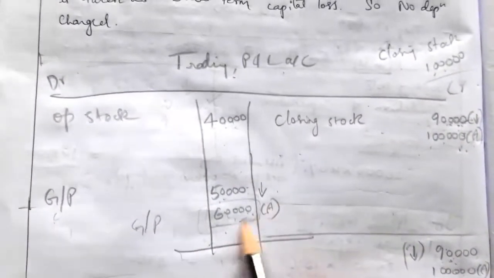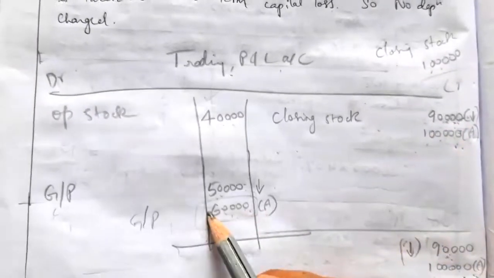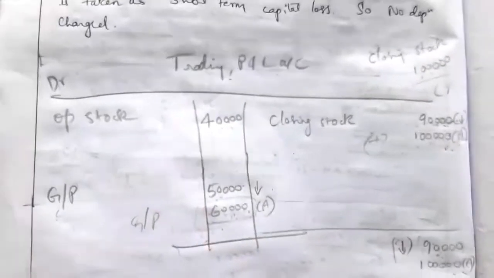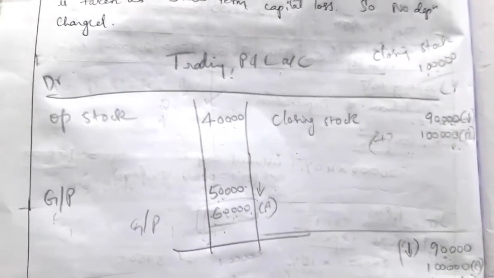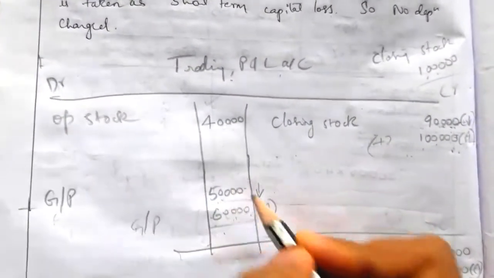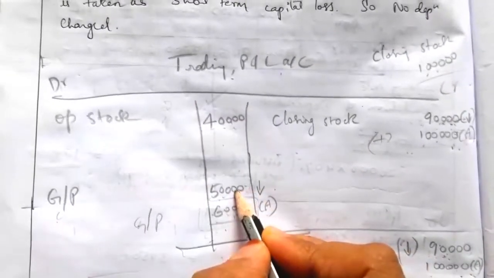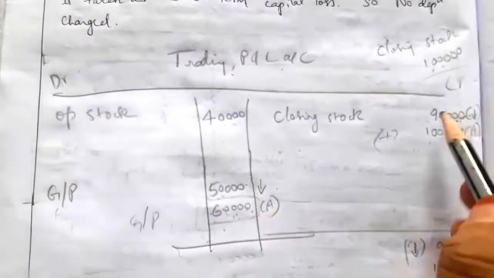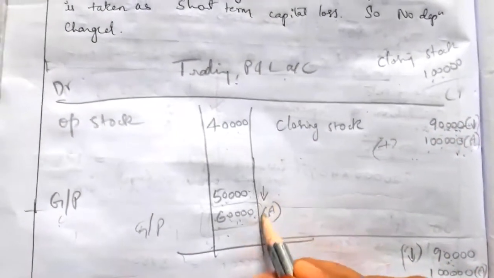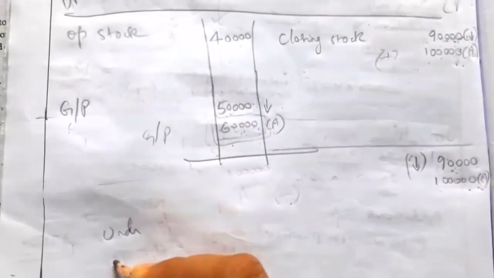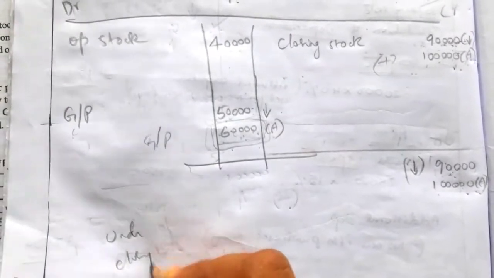So in order to find the exact or actual gross profit, the undervalued portion, what we have to do, we have to add to the gross profit, nothing but net profit, we have to add to the net profit. Okay, so for this 50,000, this is a wrong gross profit we have. So for this 50,000 we have to add the undervalued portion, that is 10,000, to get the actual gross profit or a net profit.